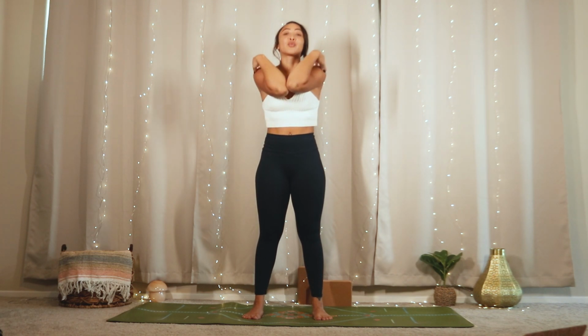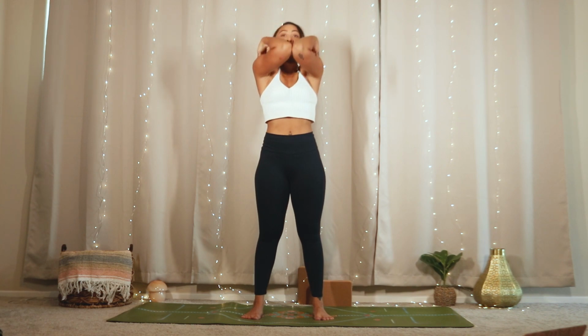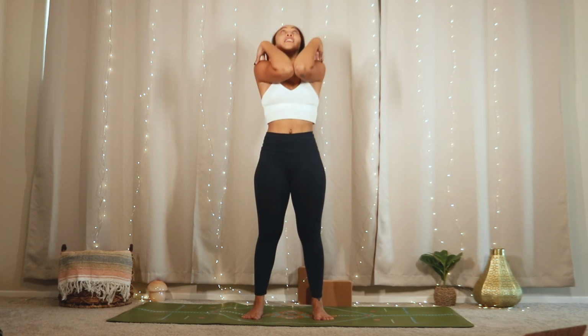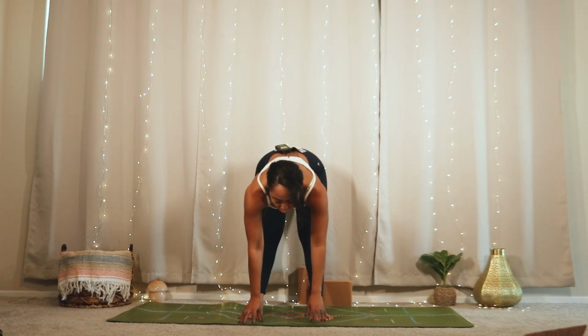On your next inhale, reverse the direction. So swing the elbows out, around, and in, bringing them down to repeat. On your next inhale, bring the arms up towards the sky. As you exhale, cactus the arms once more, but this time continue to hinge from the hips and fold forward